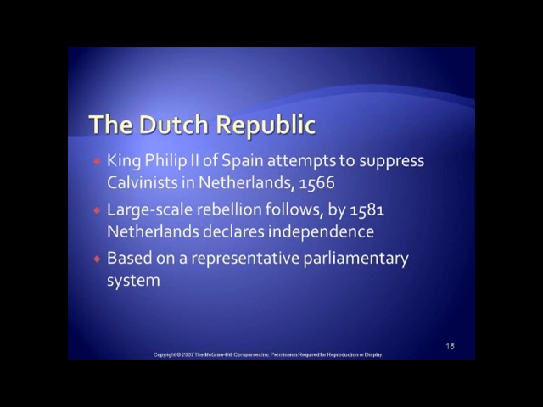Now, if you remember your civics class, a republic means a representative government. Now, it's not like our representative government where everyone gets to vote and then we have representatives that represent all of us. This representative government was elected by nobles, but it was still a limited form of government. And so that is how the Dutch Republic became a constitutional government.